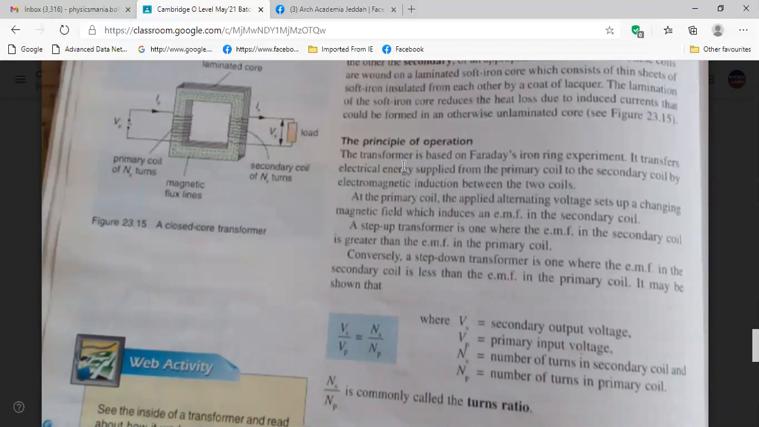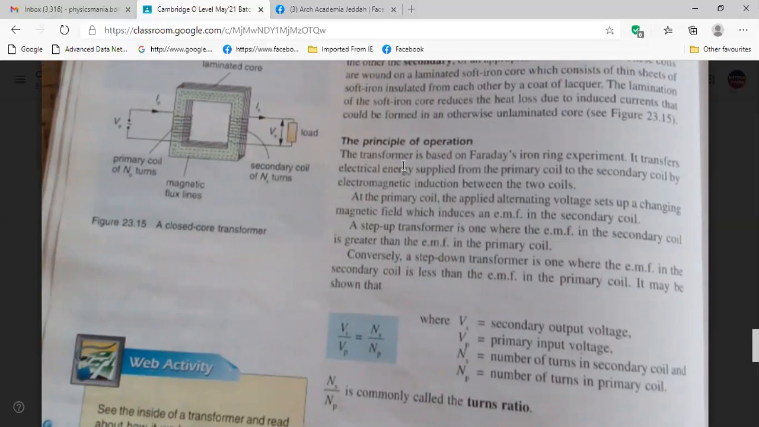The transformer is based on Faraday's iron ring experiment. It transfers electrical energy supplied from the primary coil to the secondary coil by electromagnetic induction between two coils. At the primary coil, the applied alternating voltage sets up a changing magnetic field which induces an EMF in the secondary coil. A step-up transformer is one where the EMF in the secondary coil is greater than the EMF in the primary coil. Conversely, a step-down transformer is one where the EMF in the secondary coil is less than the EMF in the primary coil. It may be shown that